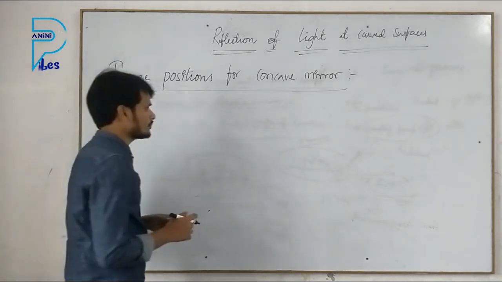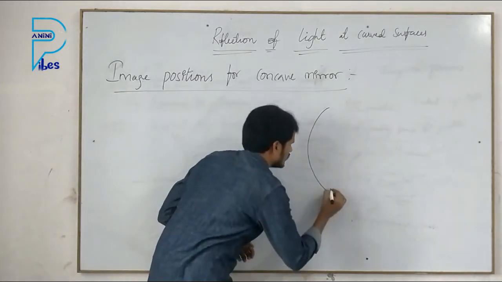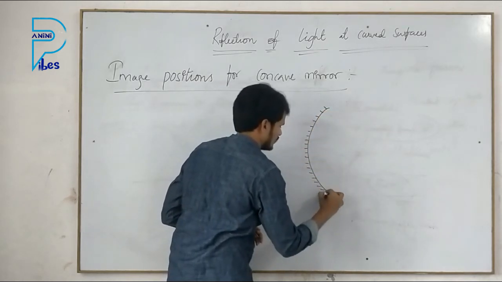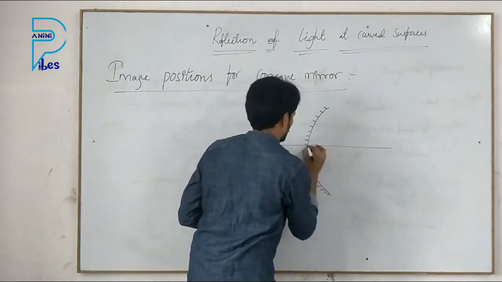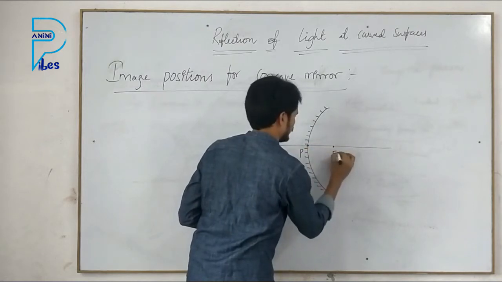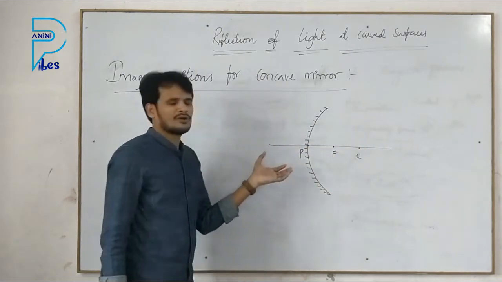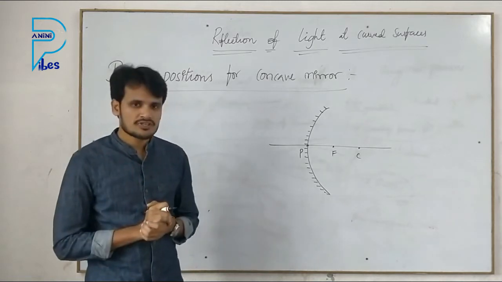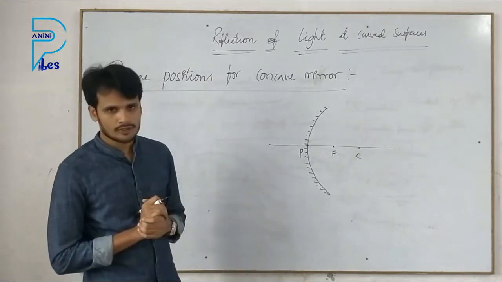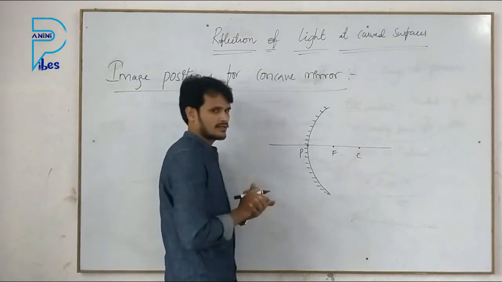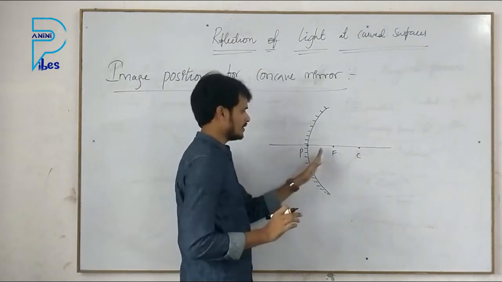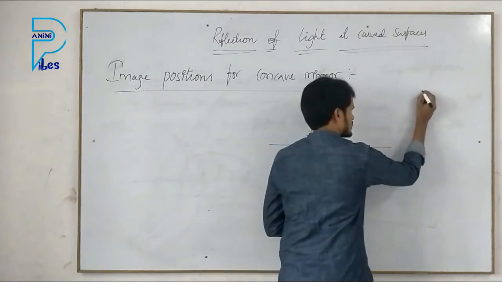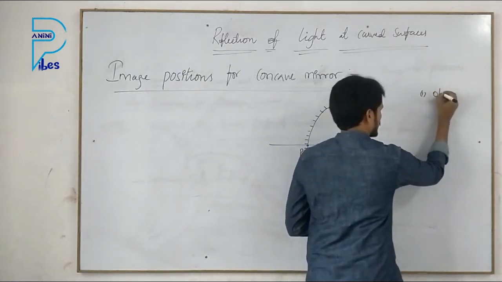Simply, P, F and C. So we can understand how many ray diagrams, how many image positions are possible on a concave mirror. So how many positions are there here? First of all, P, F, C, we know that. The first position is object at